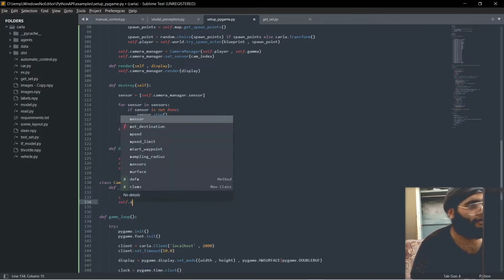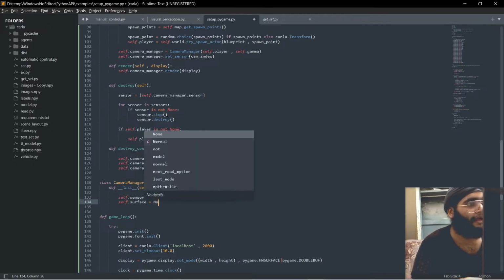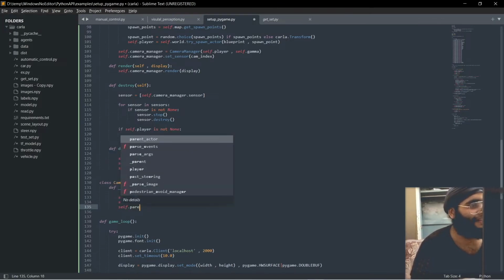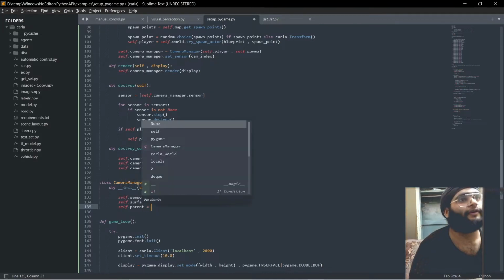Nice. Self.surface, which I'm going to display on my screen, on my display, is also equal None. It's like I am on caffeine right now. Self.parent is equal to parent actor,